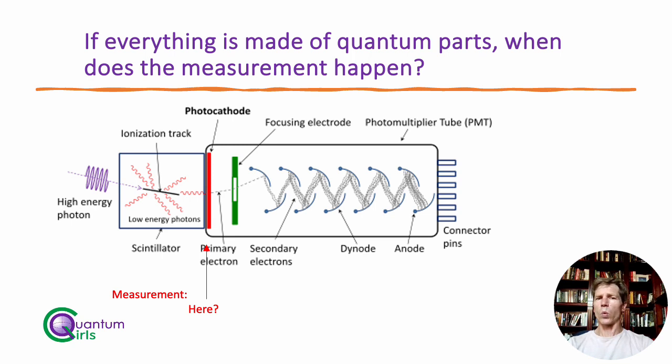Is a measurement when it gets converted to an electron? We know that's not right, because we know single photons, we can use the equations of quantum mechanics and quantum field theory to tell us when an electron gets created, gets ejected from this photocathode. But again, the equations still tell us that there's only a 50% chance. If there were a 50% chance of the photon, there'll only be a 50% chance of finding the electron. What about here when it turns into more electrons? Well, they're the same thing. We can still run equations at this level with even a few electrons, and there will still be a 50% chance of finding those electrons there.